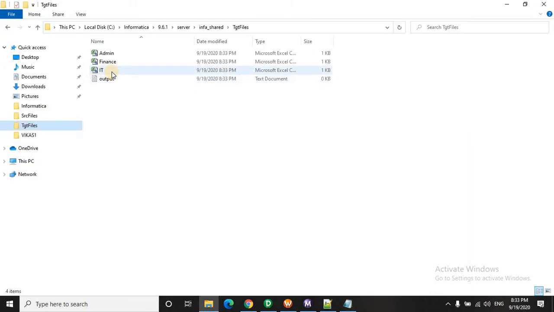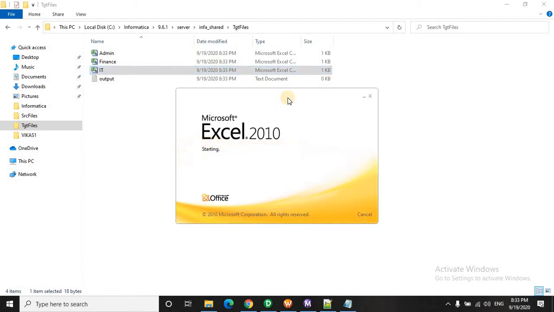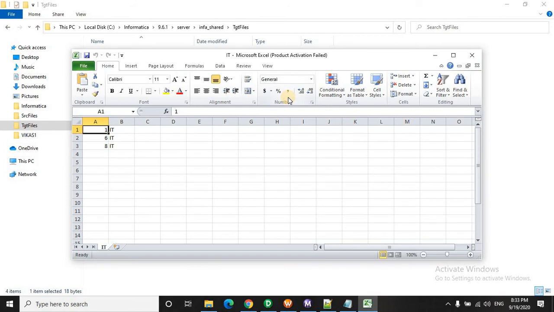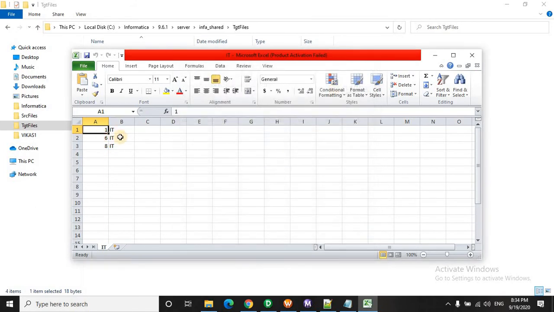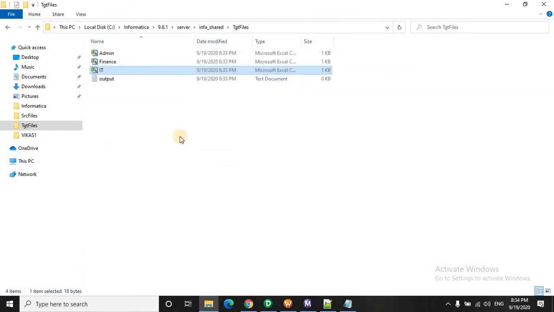So let's check the IT group. So you see 1, 6 and 8 are generated in the IT group. We see we have the file as it.csv.